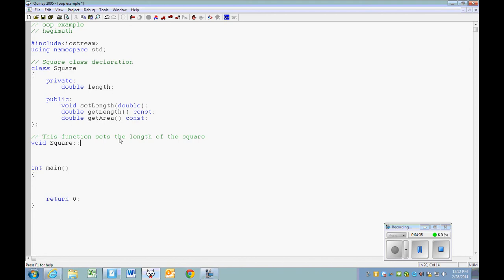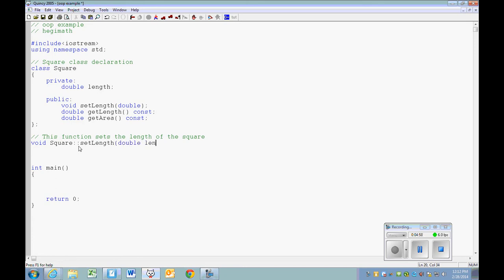Now, before I even put the function name, since I'm outside of that class declaration, I put in, okay, what class am I referring to? I'm referring to the square class, colon, colon, and then I will put the setLength function. Let's see, it takes in a double,